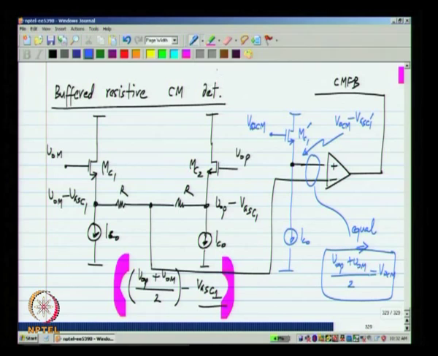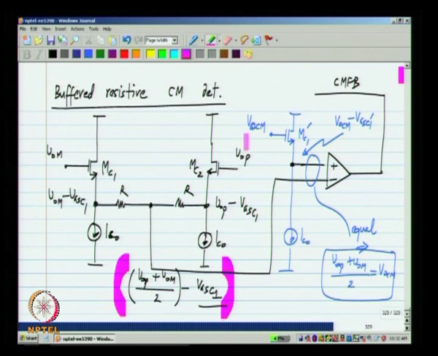So, this buffered resistive common mode detector clearly does not load VOP and VOM, because looking into the gates of MC1 and MC2, we have high impedances. But the problem now is that initially when we had only resistors, the range was infinite. I mean, practically you could have a VOP and VOM of any values. Now, if VOP and VOM become very small, they will drive these current source transistors into saturation. You can find out for yourself what the limits are. ICO, these current sources are also implemented using MOS transistors, and similarly if it becomes very large, MC1 and MC2 will go out of saturation and into triode region.